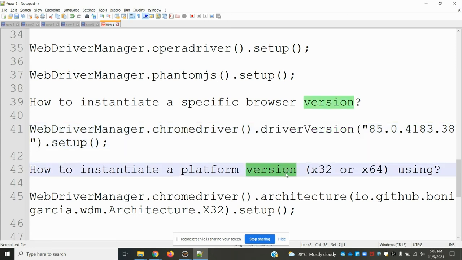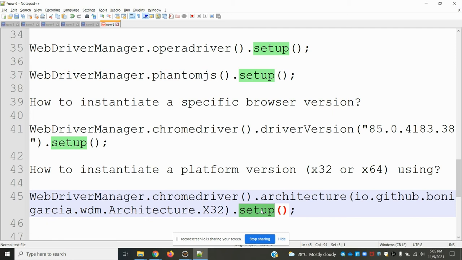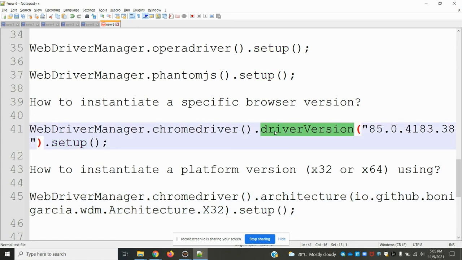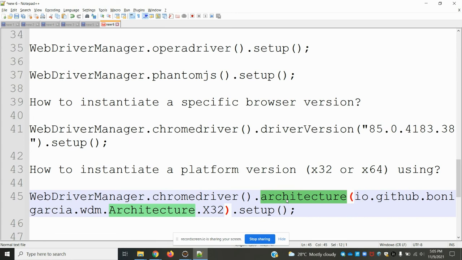We can also initiate platform-wise. This one I didn't try, the version-based and platform-dependent versions; up to here I tried. If you want, you can try and check. This is the method, and it will work. As of now I know it will work, but I didn't try because my system is already 64-bit and I don't have an external system.